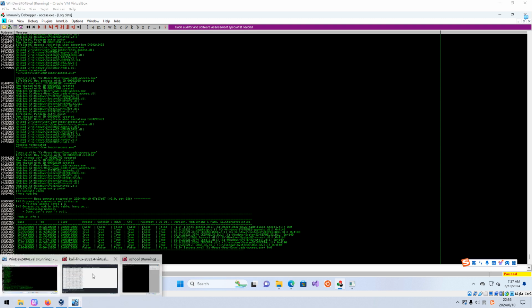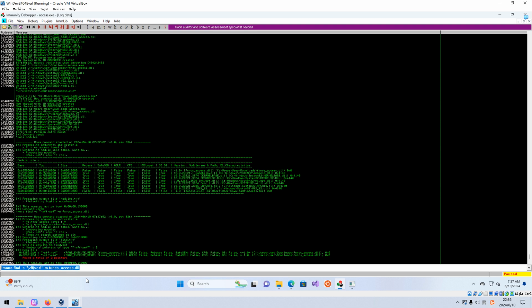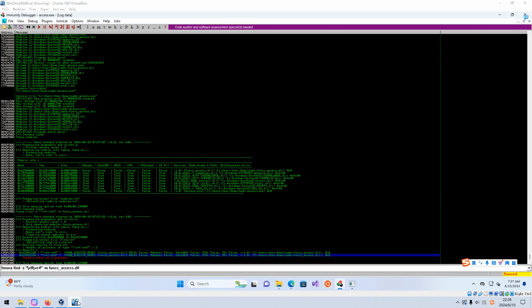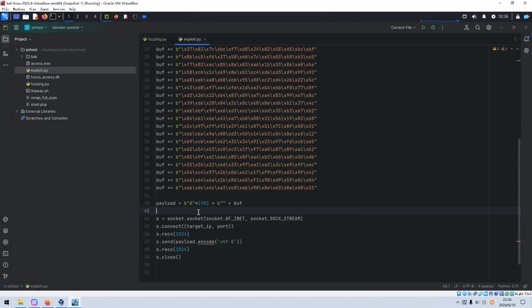Okay, so now we can use find. And the module should be the dynamic library. Okay, and there are two results, and this one is what we want. We can copy this address to our PyCharm.